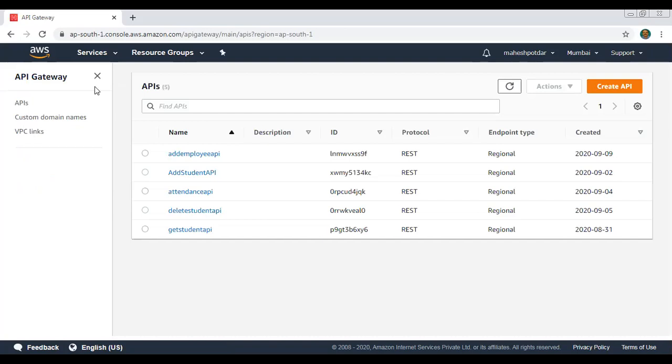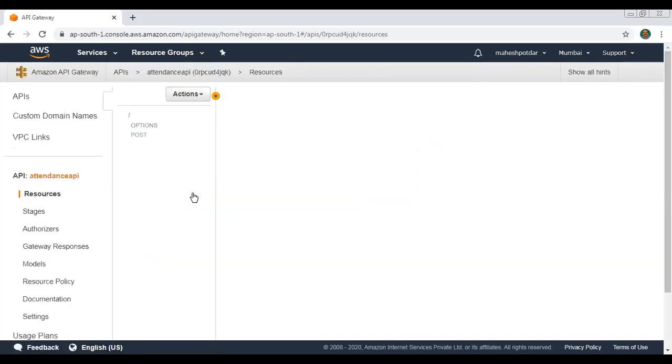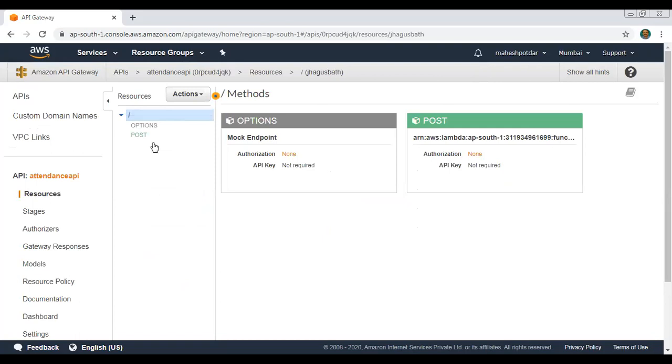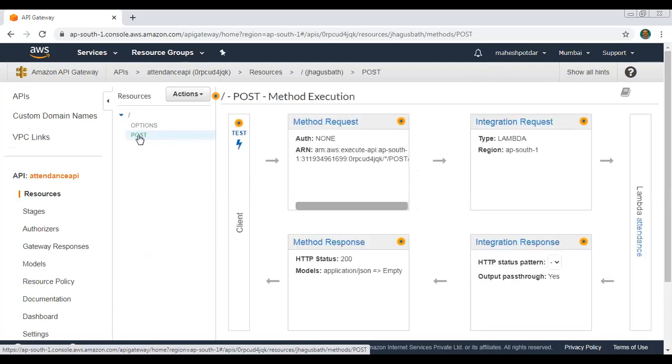In API Gateway Service, I'm using the attendance API. I have created one post service.